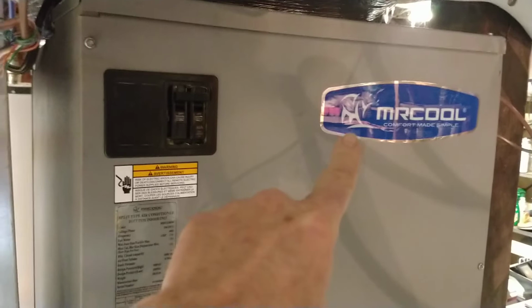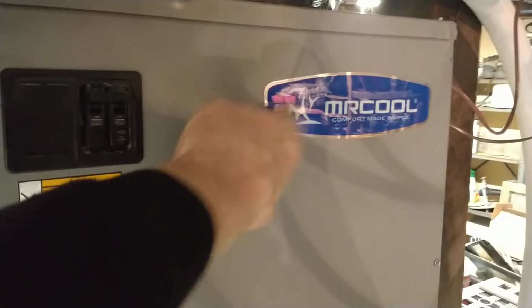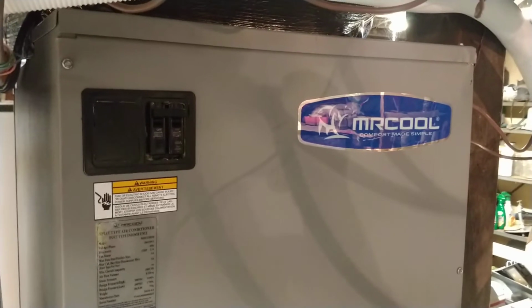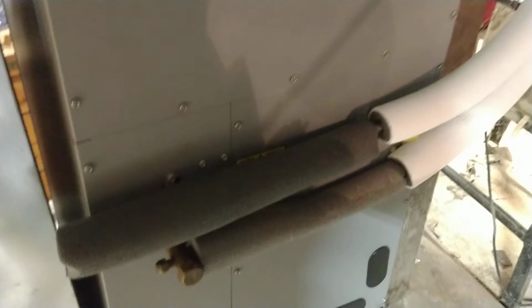And as soon as I called Ingram, they said disconnect L1 and L2 here inside this cabinet. And I disconnected it, and from that point on, we have been running perfectly fine. And here it is January, and the thing is running, and it is heating, and we have been very happy